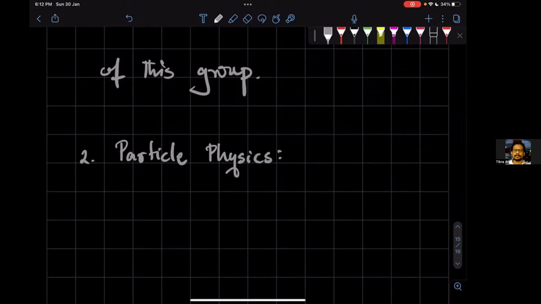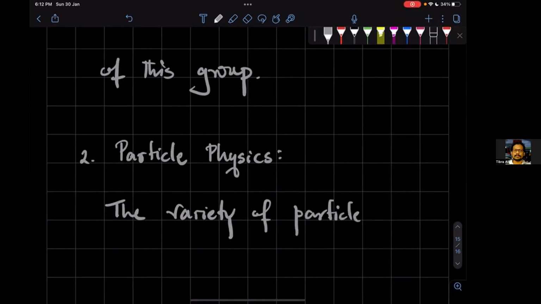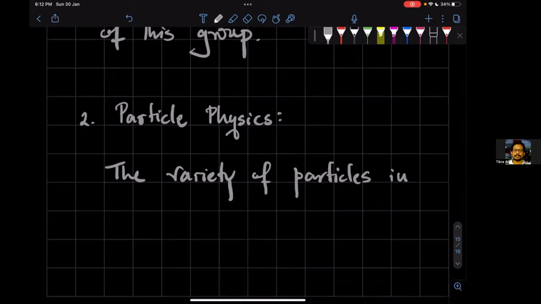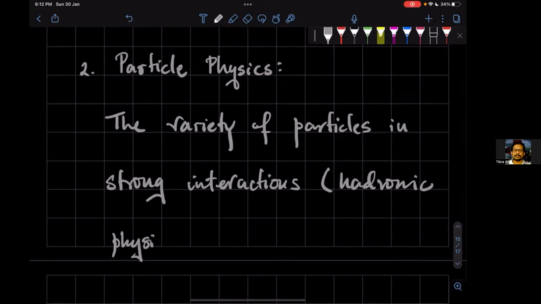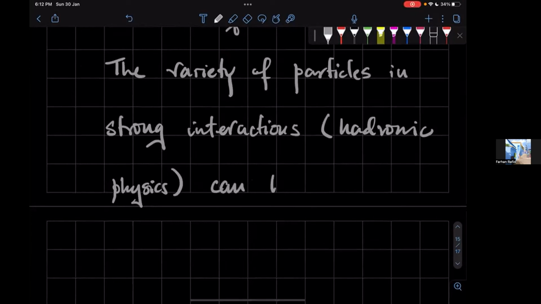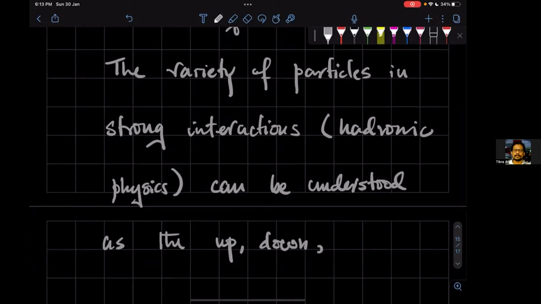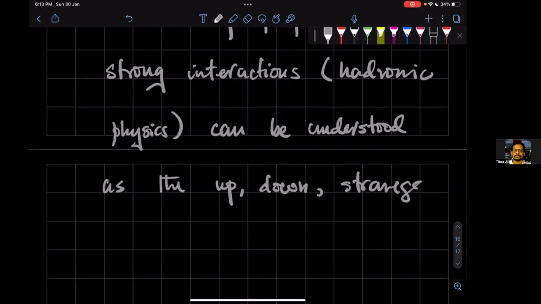So in particle physics, the variety of particles that one sees in strong interactions, also known as hadronic physics, can be understood as the up quark, the down quark, and the strange quark, furnishing